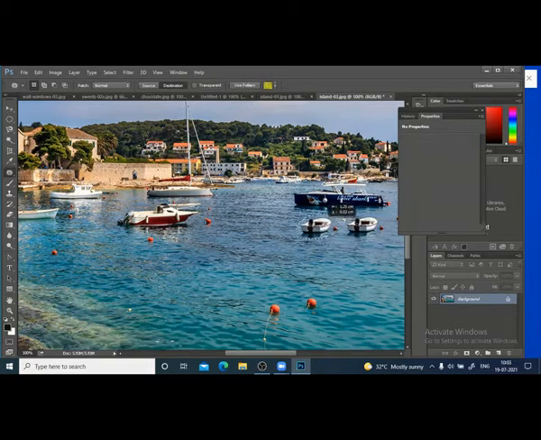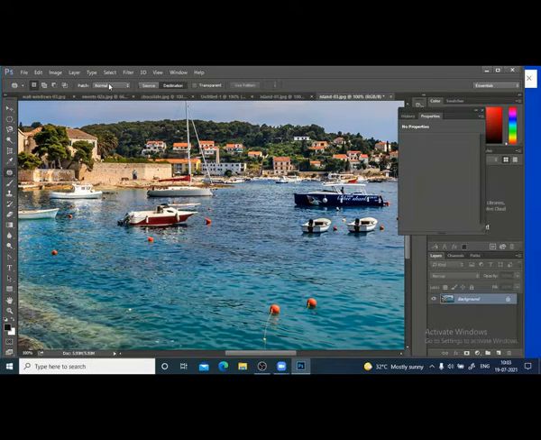Drag it here. Click. So you got a copy. Control D to remove the selection. You see? Very powerful command. Patch tool to copy or delete. When you remove, automatically that place will be filled. You can copy or destination.